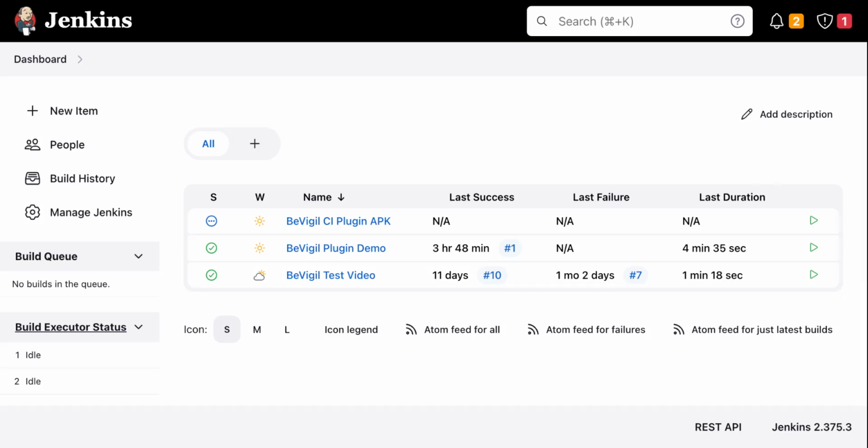Hello everyone. So I'll be giving a demo of how we'll set up BeVigil CI plugin on our local system. For that, the first step is to just have Jenkins, Java, and Android tools installed in your system. Once all of these are installed, the first step is to install the BeVigil plugin in your Jenkins